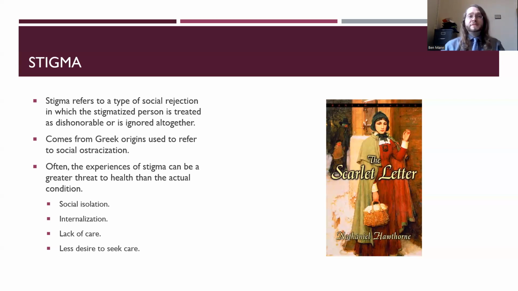Someone can oftentimes internalize stigma, right? If someone suffers a major injury to their body, such as a burn injury on their face, they come to believe that they're ugly and that people don't love them on the basis of being teased, ridiculed, and mocked by others. Stigma can also lead to a lack of care. People aren't seeking out care, they don't believe that they deserve care, or they don't understand where to begin with care. There's less of a desire to seek out care because of the experience of stigma. Stigma is seen as one of the greatest barriers for healthcare and receiving support. And so understanding the social and cultural factors that go into stigma is crucial if we're trying to bridge those gaps.